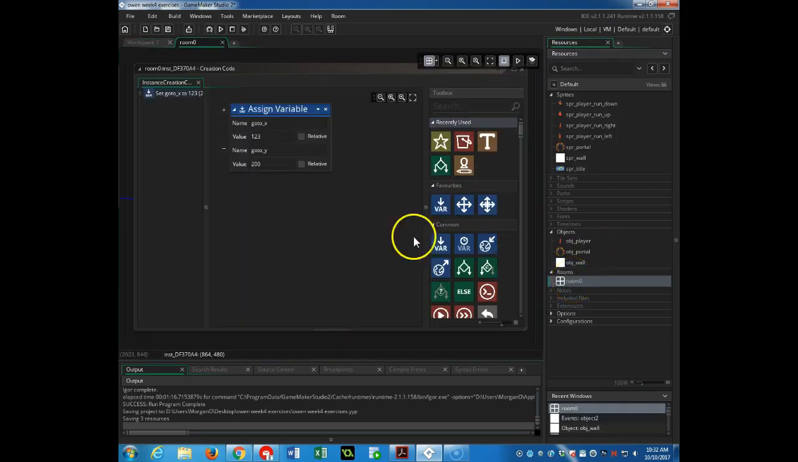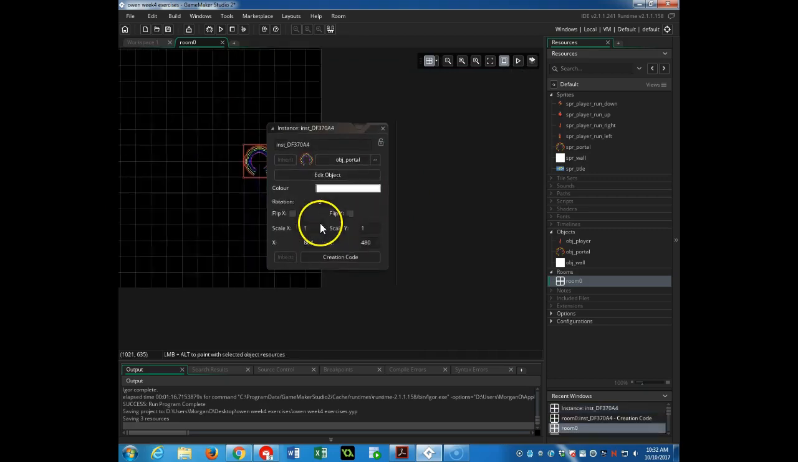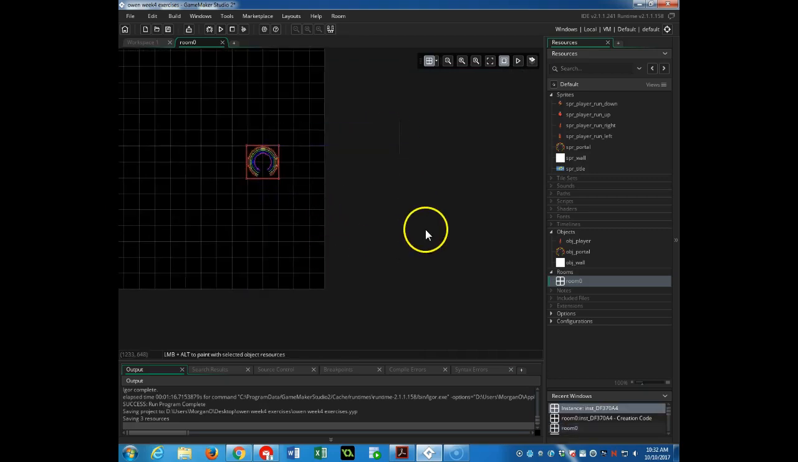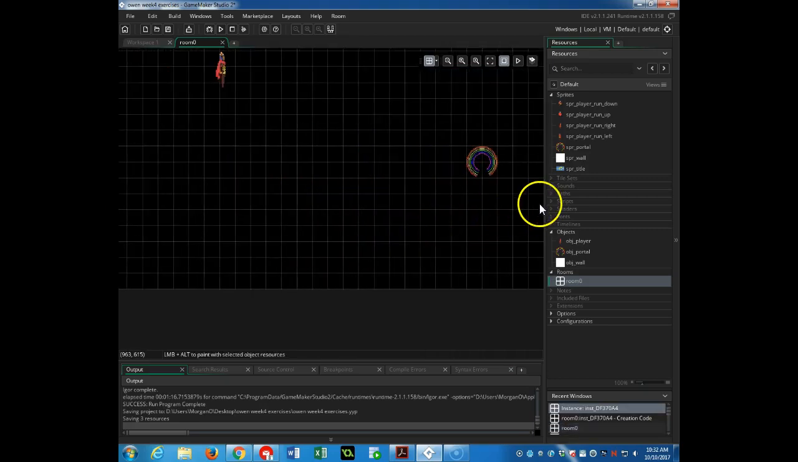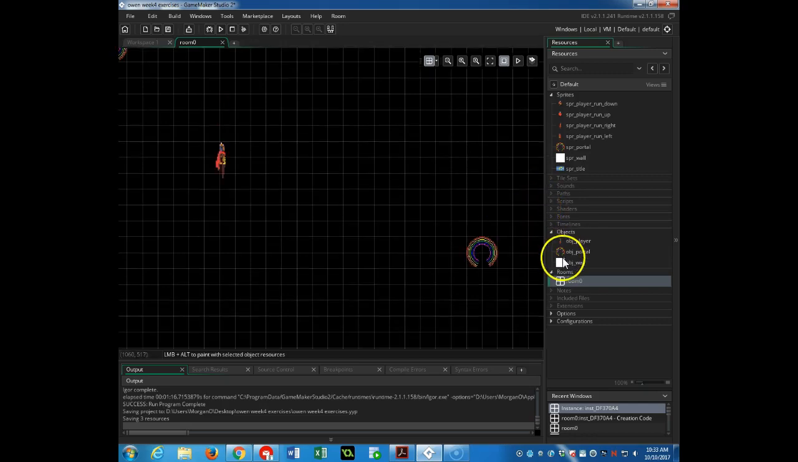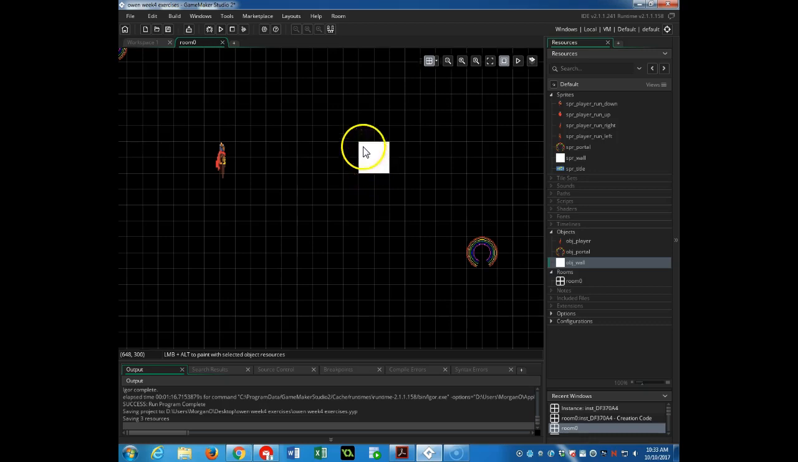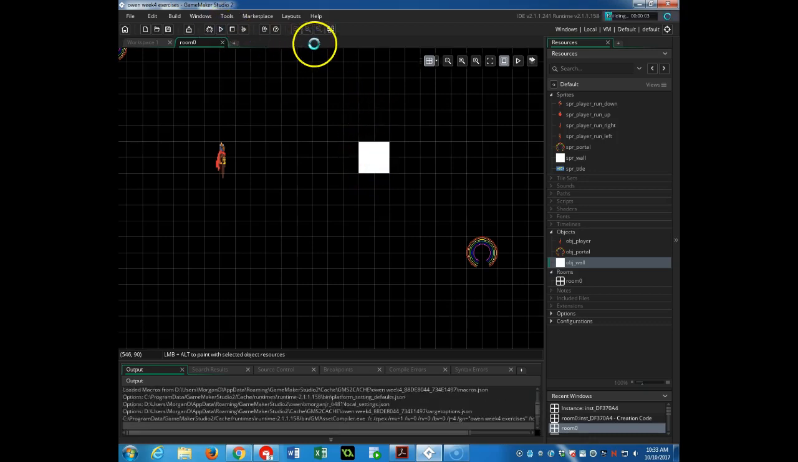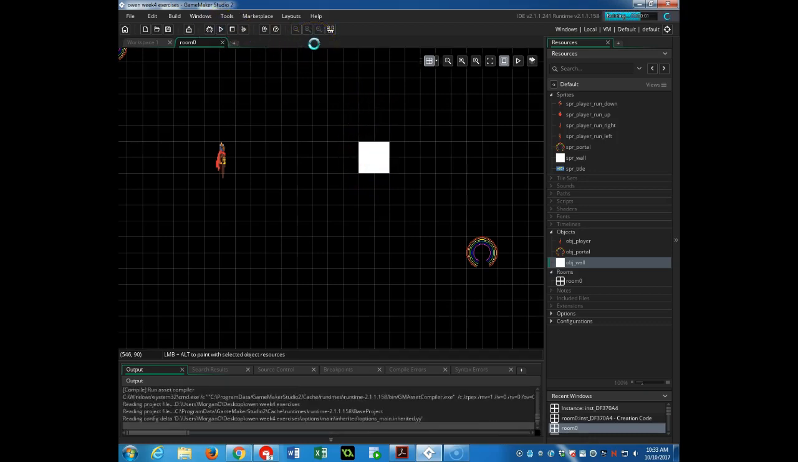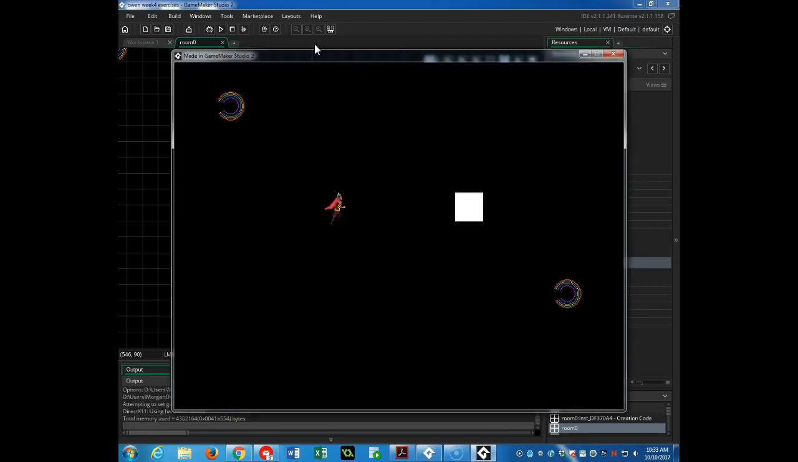And then open the room. Let me close the creation code here. And then I'm going to add the wall to the room. And I'm going to run the game. I'm going to move the character over, and you should notice when it goes over to the wall, it runs